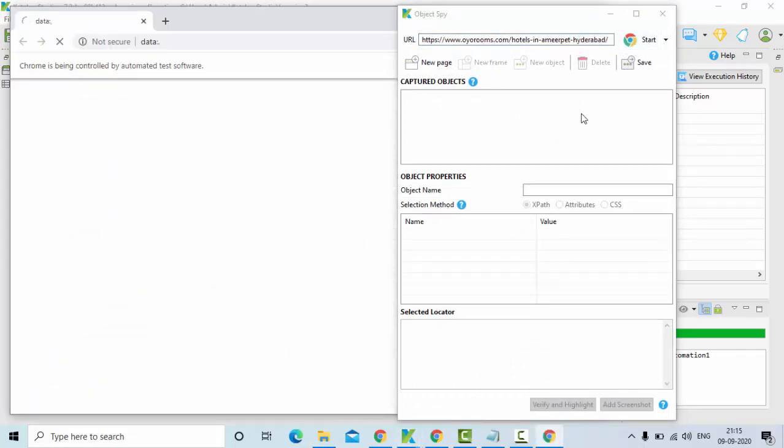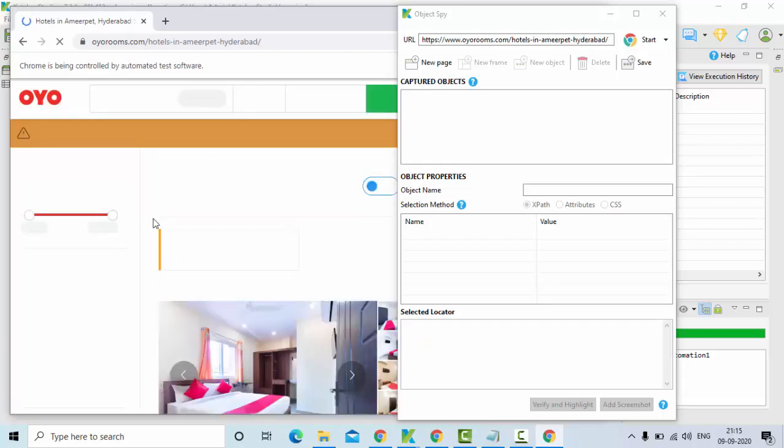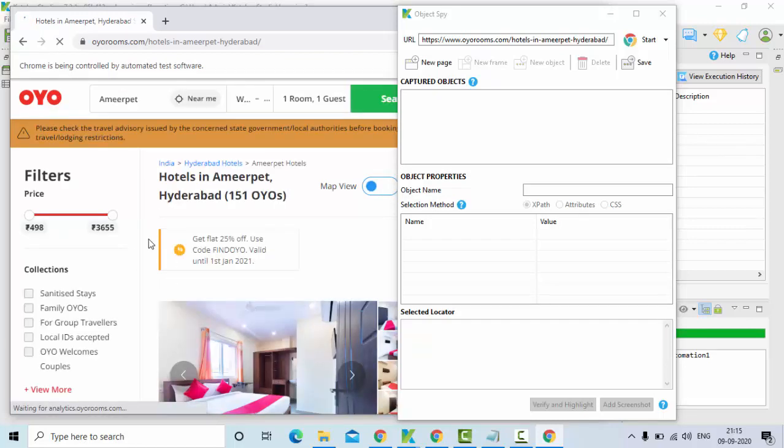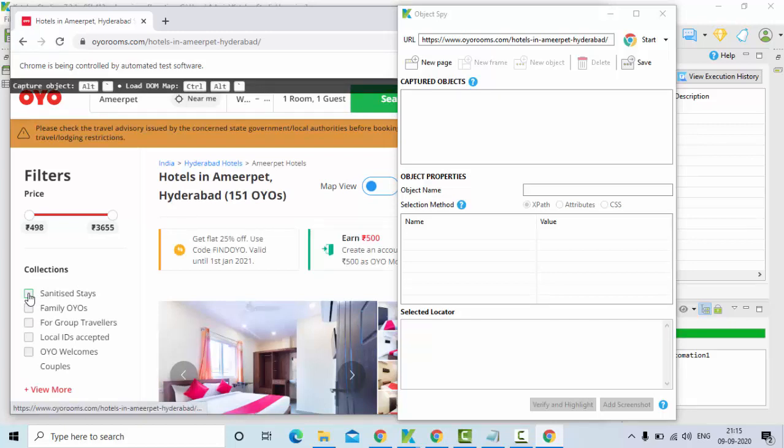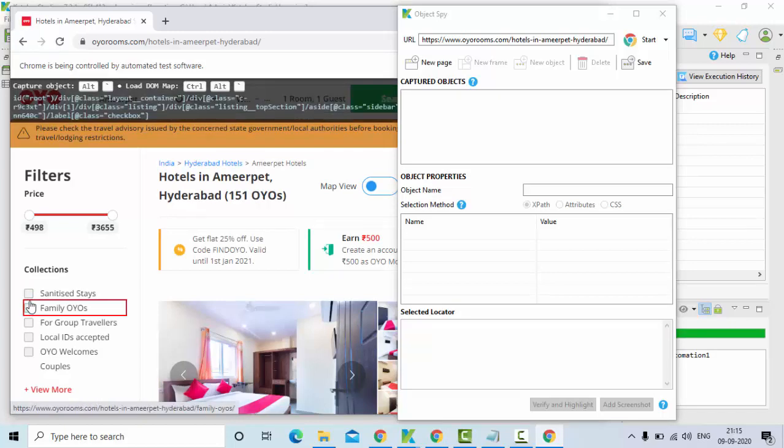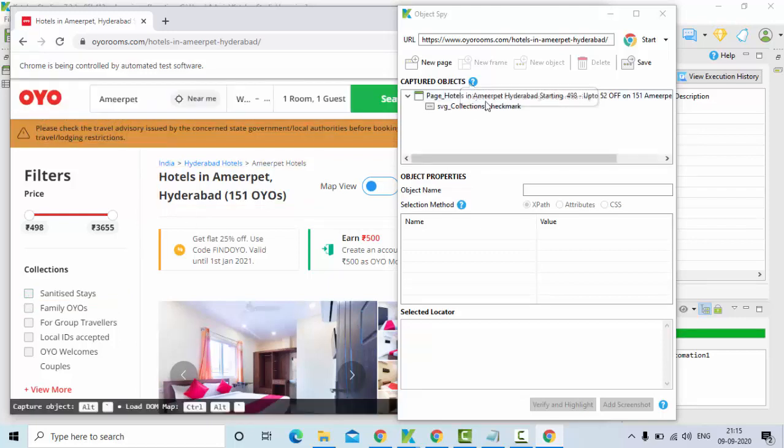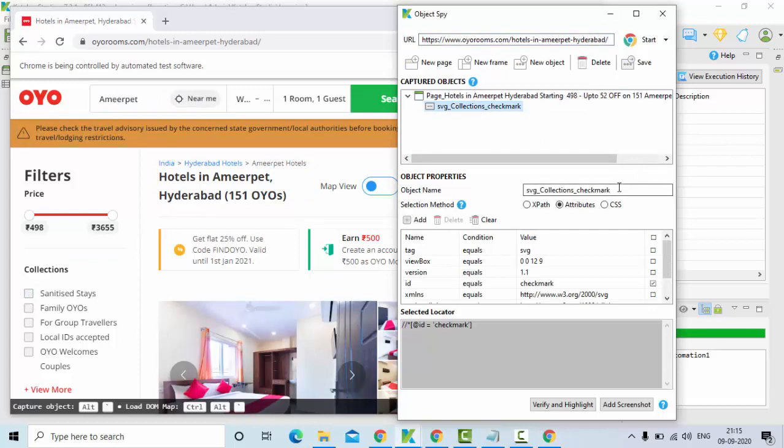So let the web page load properly and completely. So then identify the element. So here element is identified, right?